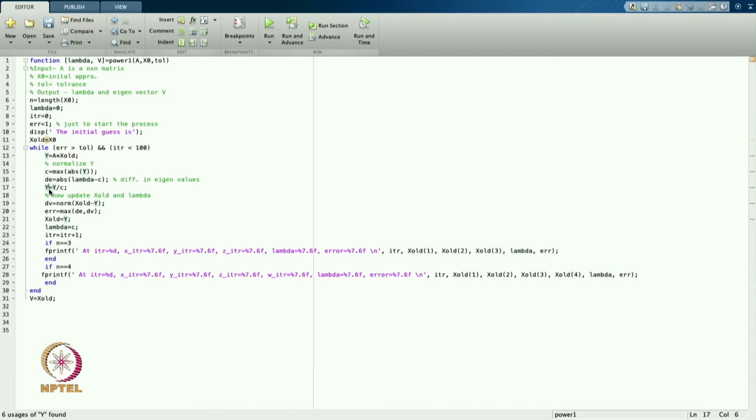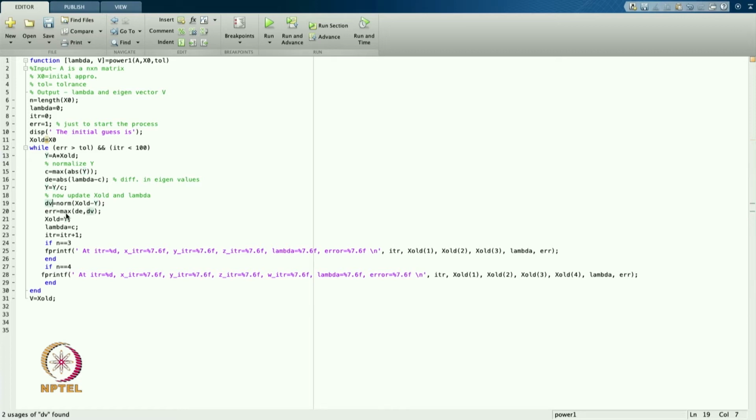So, now my y is normalized, and in the lecture we showed this with the x1. So, this x1 is basically y over C1, so this is my C1. Now, from here I will take the norm of x old. Whatever eigenvector we are getting from the previous iteration, and this is the eigenvector we are getting from this iteration, I will find the L2 norm from there. So, that we will call dV.